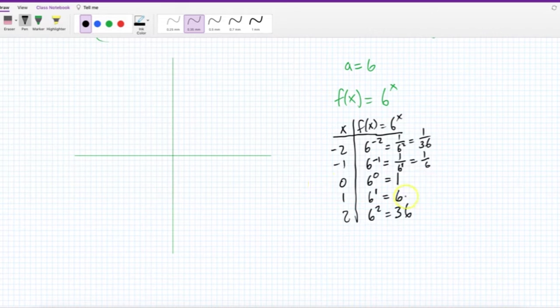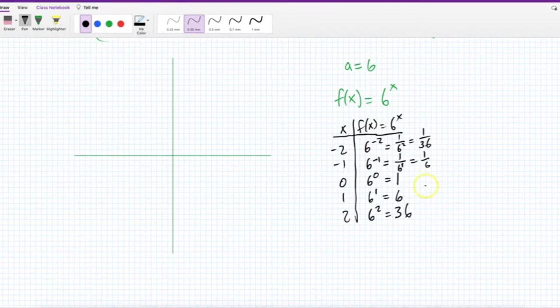Okay, so if we wanted to fit all these on here, the 1/36th and the 1/6, those are very, very small. So if I want to plot those, I would want to zoom in. But if I look over here at this bottom one, we go up to 36, that's pretty big. And so we'd want a much bigger scale. The issue is exponential functions grow really fast. And so generally,